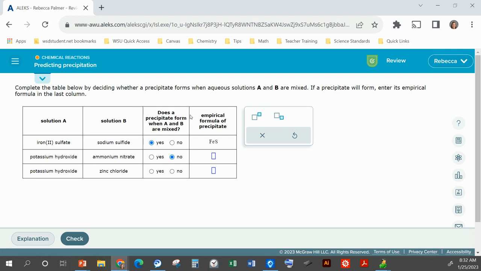Okay, good. And then, so that's going to be yes, something precipitates, and we decided that it's going